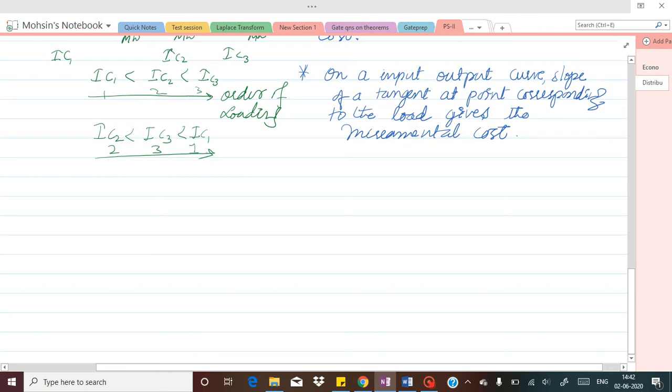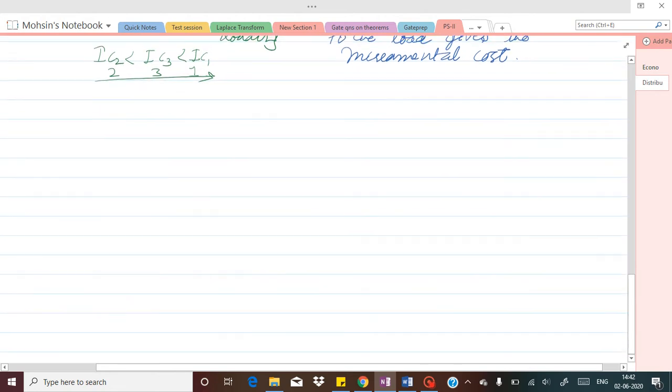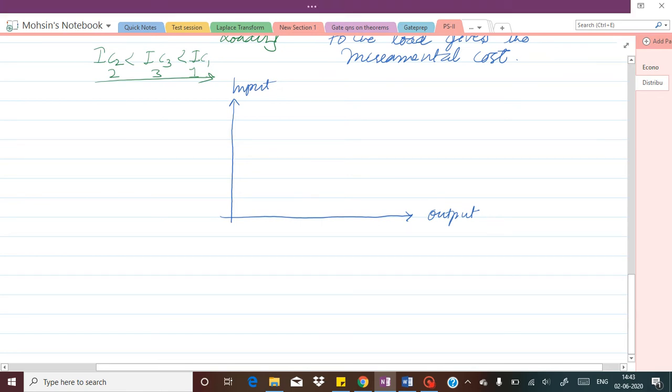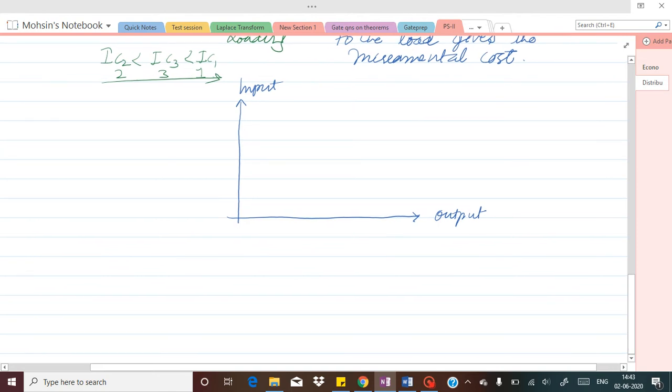Here the heat rate curve and the incremental rate curve are plotted on the common coordinates. Okay, so let us now draw the heat curve and incremental rate curves. So here basically they are plotted on the common coordinate. Okay, so the same input and output axis is used here. I'll just write here, this is the output line and this is the input. Then first we are going to plot the heat curve on this, and then we are going to plot